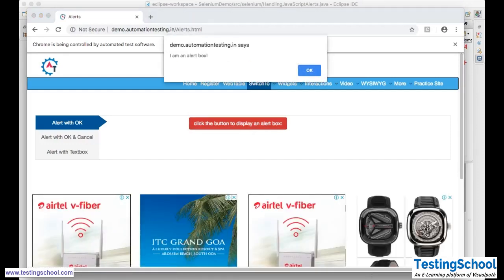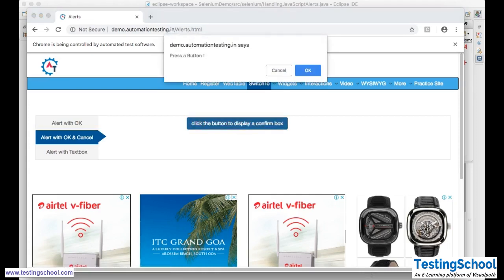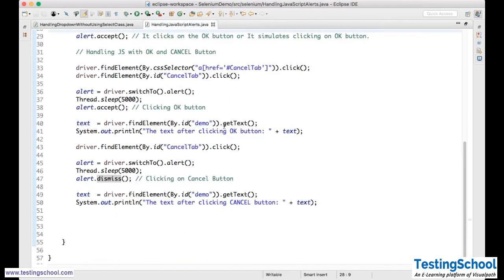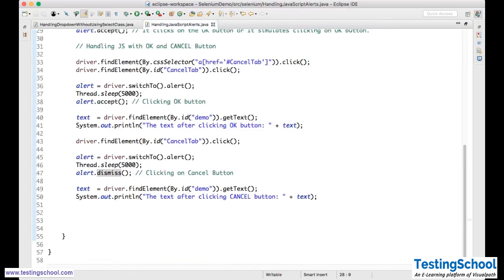Yeah, this time it is working. So click on OK. Okay, now it's cancel and OK. Just observe that text. It will give you pressed OK now. Yeah, and now it will change to you pressed cancel after clicking on cancel button. Yeah, working perfectly fine. So this is how you will handle these things. Now we'll move further, and what we can do,